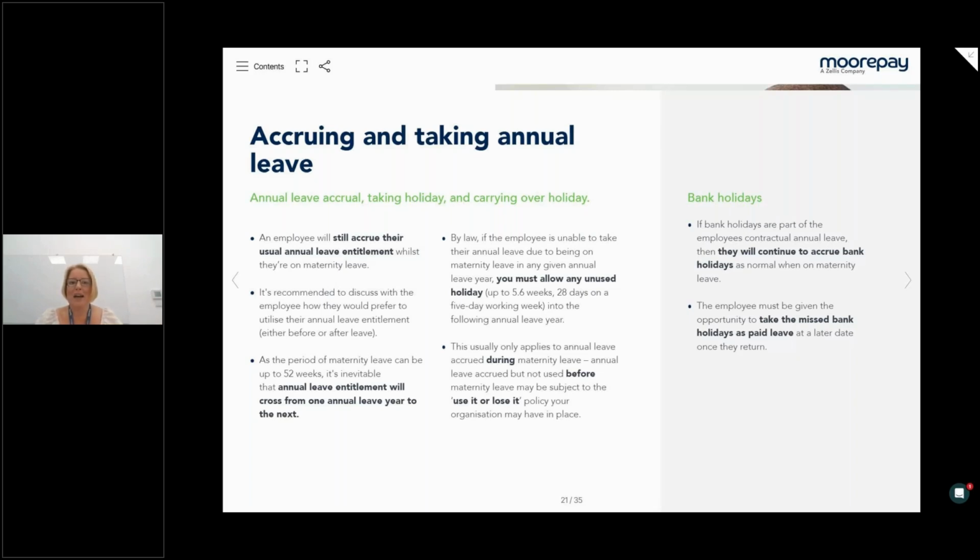However, if they do come back and there's plenty of time, and as long as you warn them that they need to take that leave before the end of the holiday year, take advice, because it can be a bit tricky. But if they haven't taken it, they're back at work maybe 6 months and just not taking it, and you've reminded them to take it and they don't take it, you could still use the use it or lose it rule, depending on your contract. So maybe just double check what you say you do first before doing anything, and also take advice on the particular circumstances.